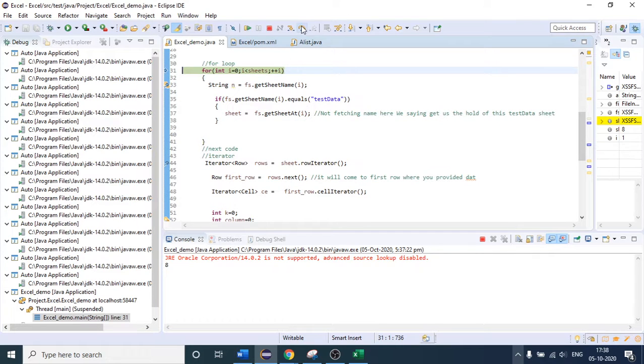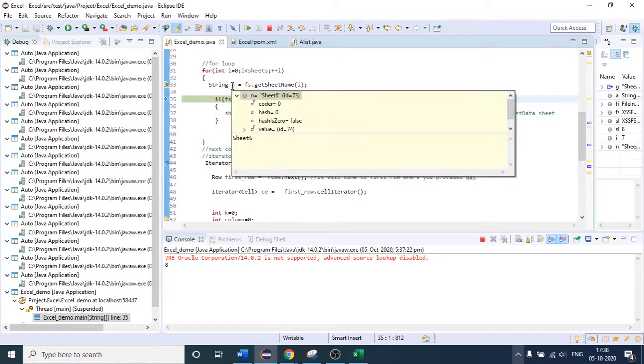After that, even the for loop will run. The condition will not match. So the condition will be false. Again, it will not match. After that, I think we will come out of the for loop. I think I have made many sheets. This is the reason it is executing again and again.